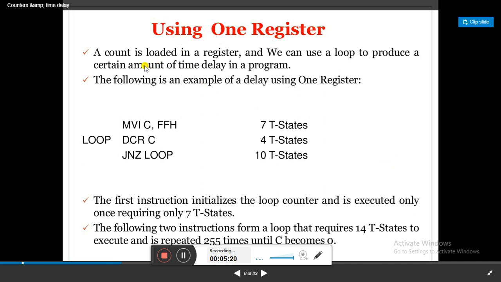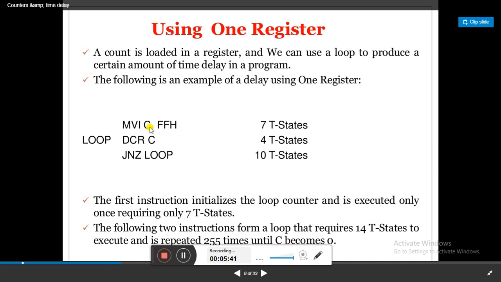Using one register, a count is loaded in a register, and we can use a loop to produce a certain amount of time delay in the program. The following is an example of delay using one register. Let us take an example: MVI C, FFH.